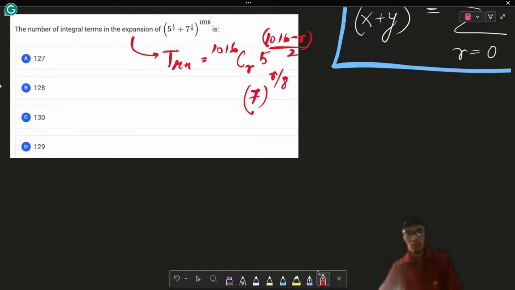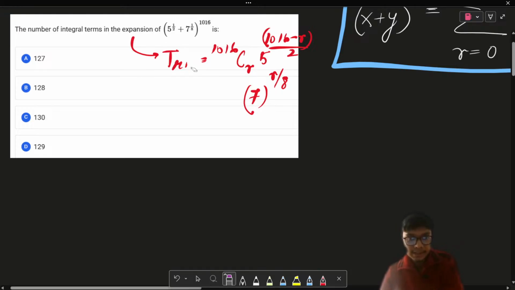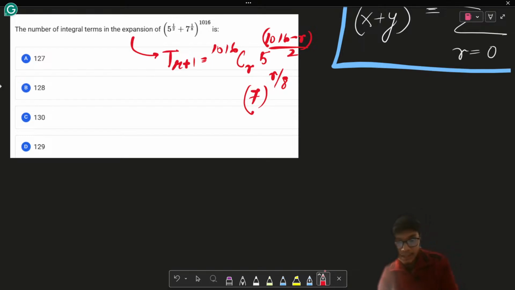So we have to find those terms which will be the integer terms, right? How do I find the integer terms? The integer terms can be easily found when both the 7 and the 5 terms have integral powers. Whenever these have integral powers,